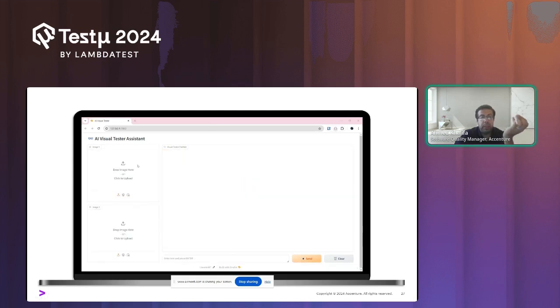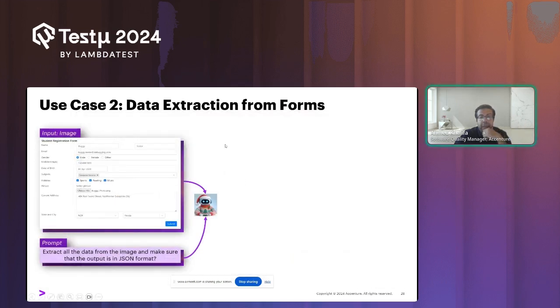For example, you could extract data, right? So if you have a form, and this is an input image where I have this form, a registration form with a lot of data here.